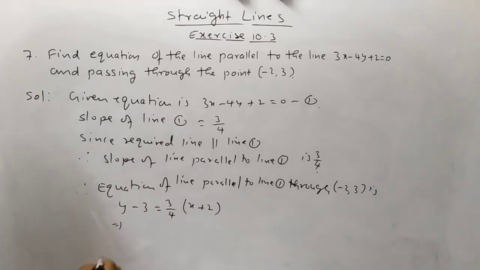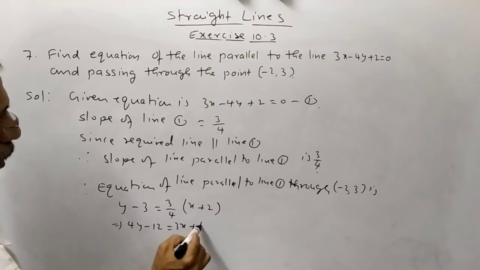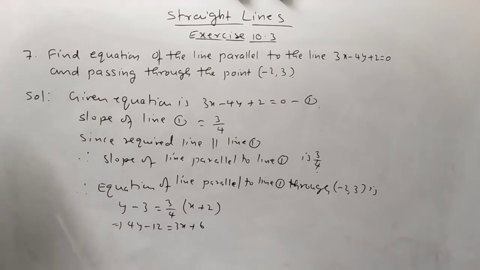This implies 4y minus 12 is equal to 3x plus 6 by cross multiplication,